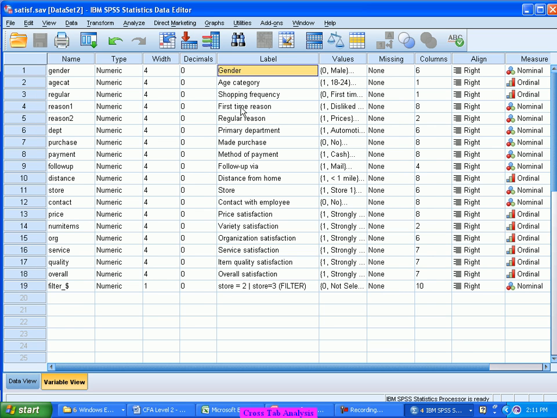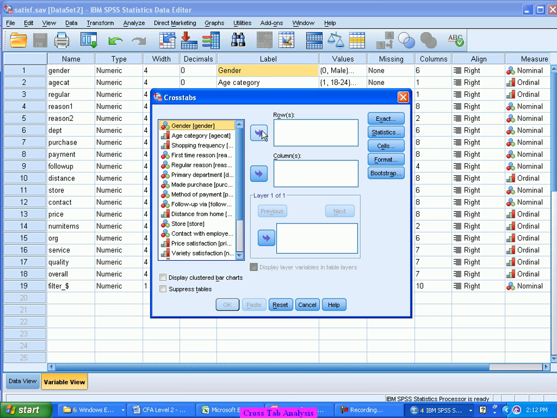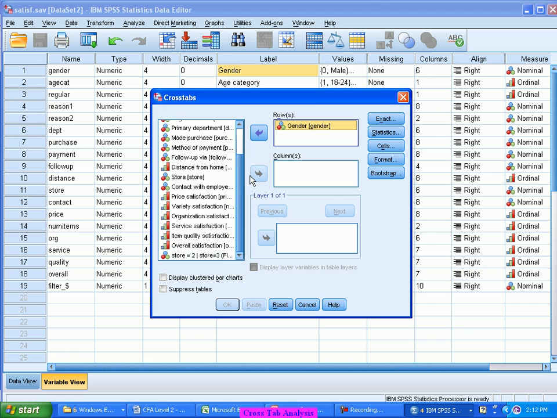I want to see whether there is any big difference between the satisfaction levels of the two genders. In a store we can very well have, say, males more satisfied, but females not satisfied with the store. These kinds of conclusions may come out. So that is where we wanted to look at this data. So let's say here I do the cross tab, putting gender on one side and service satisfaction on the other side.